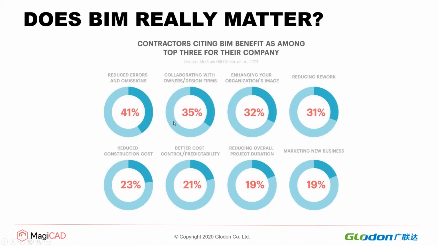Top 3 important advantages here. So the multiple contractors, and here you can see which they choose. And at the frequency, you can see that the strong leader of the course is the reduction in errors and omissions at 41%. So that's a strong leader, and facilitated with the reduction in errors and omissions, collaborating with the others,